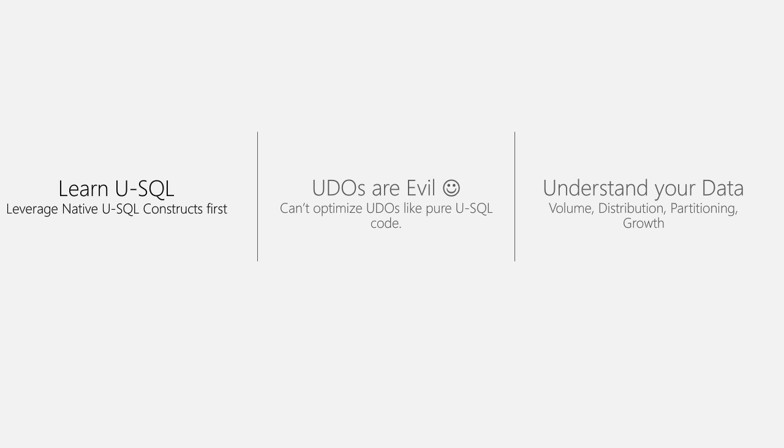Right? And thirdly, you have to understand your data. You have to find the volume of the data and how you can distribute the data and how you can partition based on the primary key that you're going to find out and how the data is going to grow. So you have to keep all these things in mind while you are creating a query or a job. Right? So basically some of these best practices that you can follow to improve the performance of your big data query process.